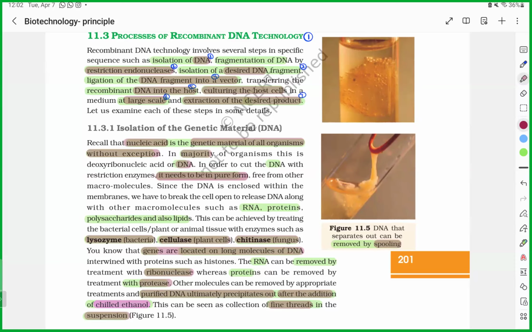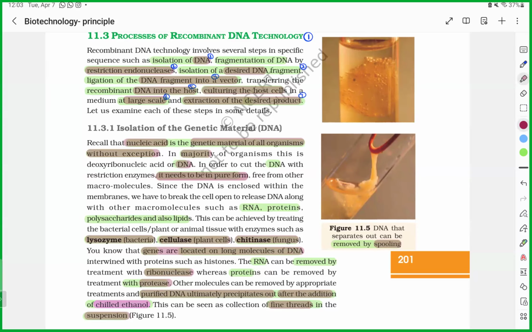First, isolation of DNA. Correct. Second, fragmentation of DNA by restriction endonucleases. Third, isolation of a desired DNA fragment. Fourth, ligation of the DNA fragment into a vector. Fifth, transfer of recombinant DNA into the host. Sixth, culturing the host cells in a medium at large scale. And seventh, extraction of the desired product. Next,